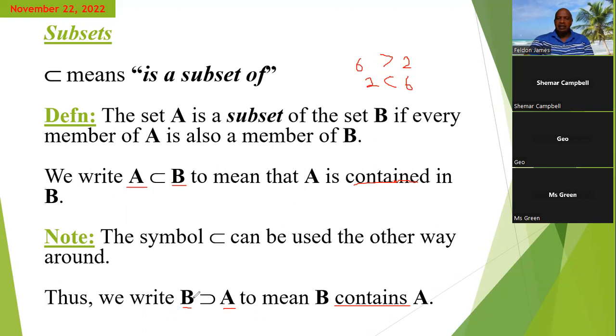All right? So flipping the symbol around, you use the word contains, and when you use it this way, you're thinking of the word contained. So A is contained in B. All right, now, if you think of it in a similar way to the less than and greater than